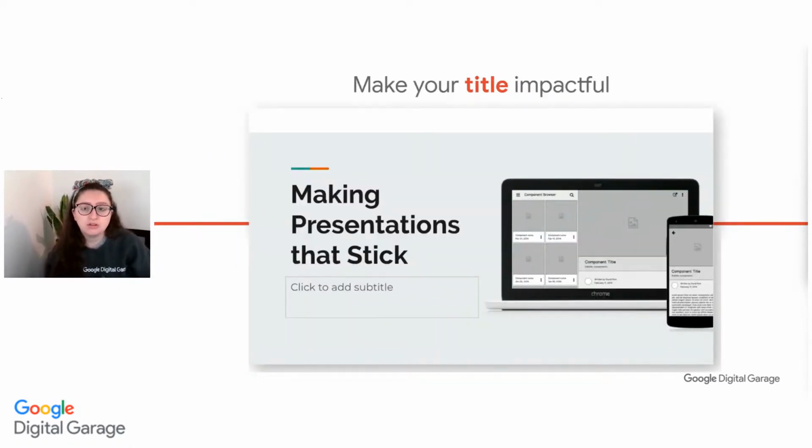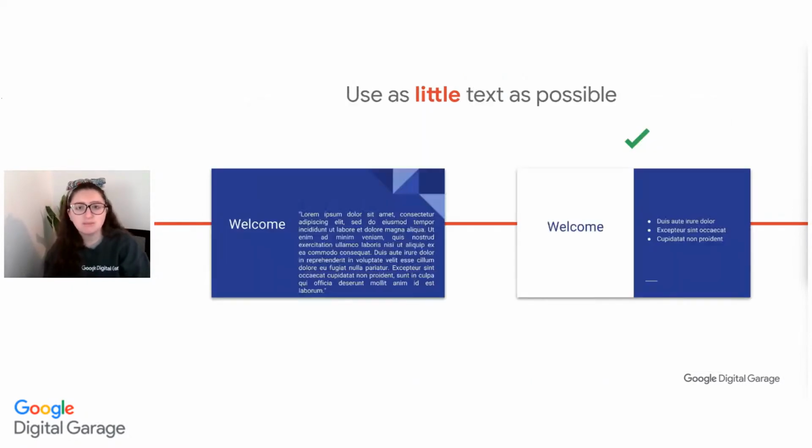Once you've got to grips with that navigation around the actual software, you can start thinking about what's on those slides, crafting everything you've thought about in your structure and your storytelling to really hook your audience in. And that starts with your title. Have you got an impactful title? Have you got something that tells your audience exactly, within a few seconds of reading what's on that screen, exactly what they're going to get from the presentation that you're about to deliver? And that's really, really important. So make sure your title is impactful.